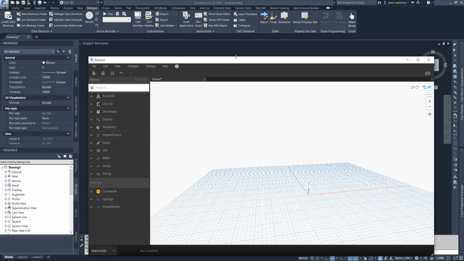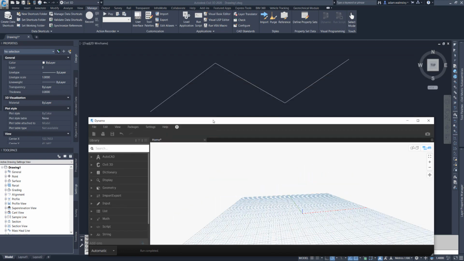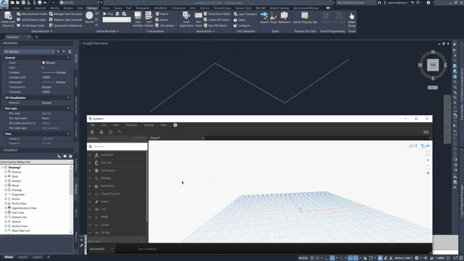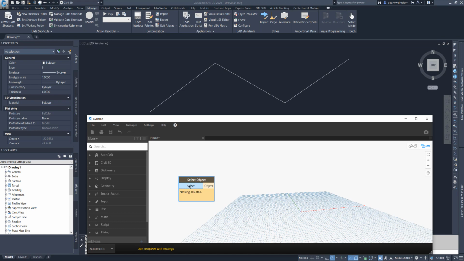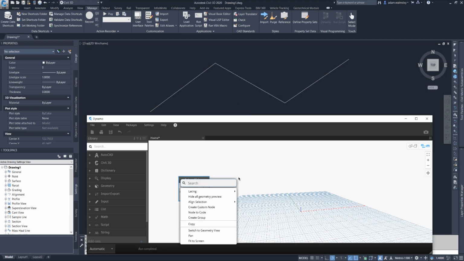So what we're going to do is start by bringing some of this AutoCAD geometry into the Dynamo world. So we're just going to type in this node here called select object. Now I'm going to hit select, click that geometry. The next node is going to be called